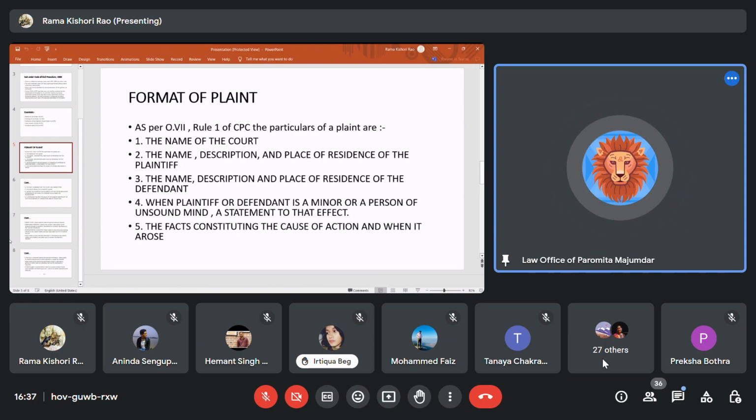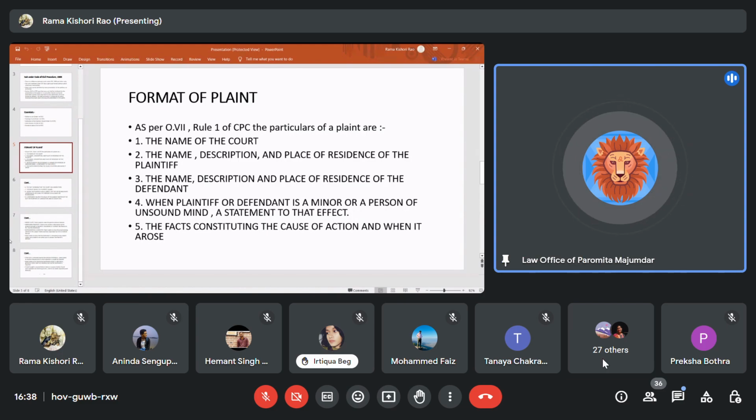Name of the court has to be properly mentioned. It can't be incomplete; you can't just mention before the court of district judge and not write the state and not write the court. No, you have to write before the court of district judge. After that you have to write the designation. If you know the name, then you write the name. If you don't know the name, you leave it. That's also fine. And then you write the state.